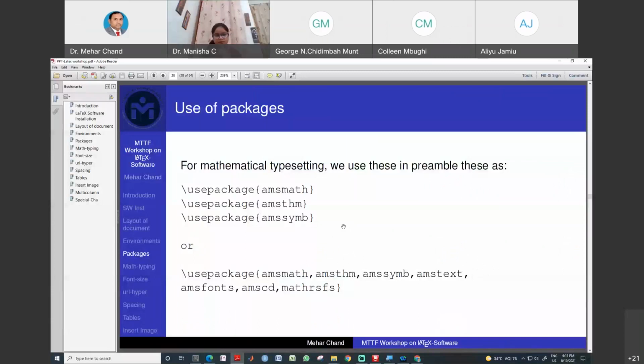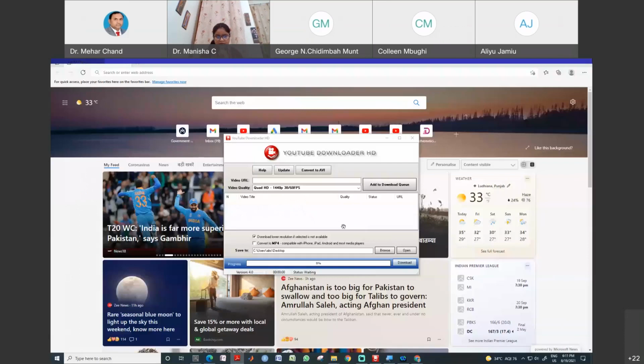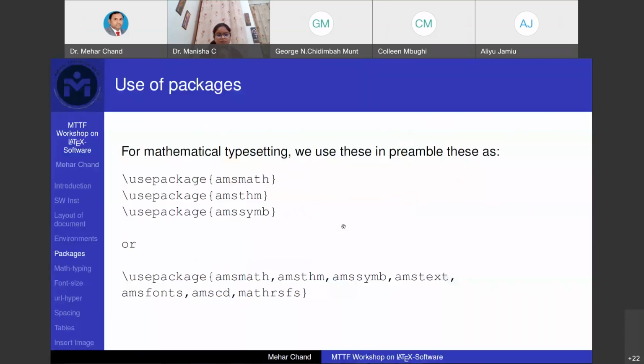Yesterday, you saw that when I used math mode equations in the text file, it was not executed, because for math mode we need packages like MSmith. You can see here how we can use these packages.